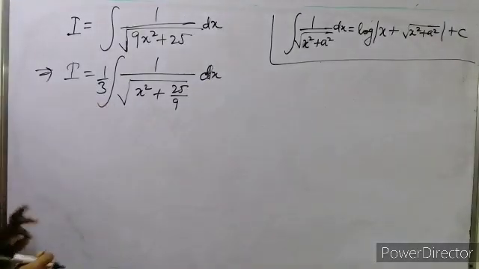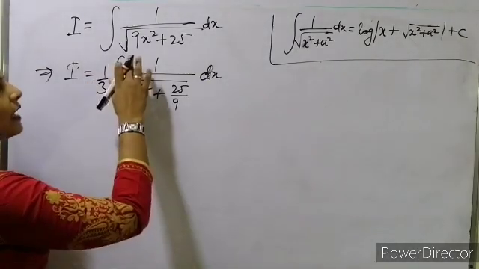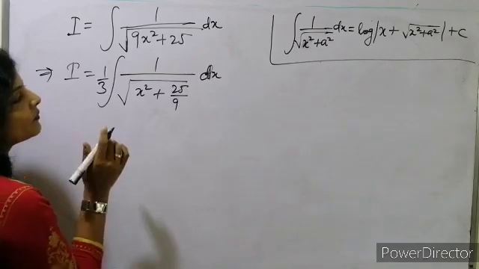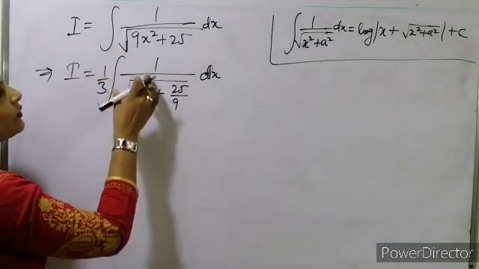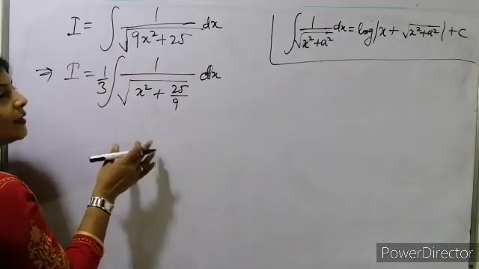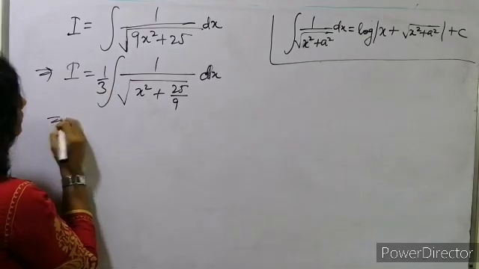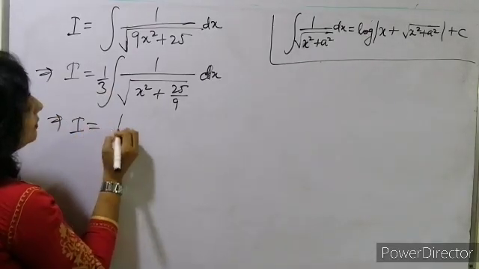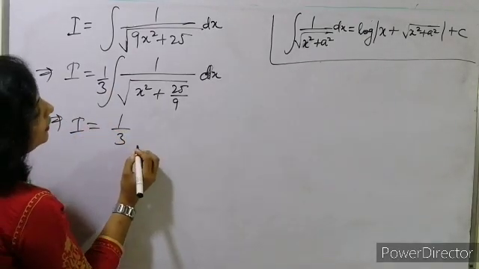Why 3 बाहर आया 9 को when we are taking? Because square root of 9 will be 3. So when we are taking it out, 9 को हम बाहर लेंगे, it will be 3. So I का value will be 1 upon 3 into